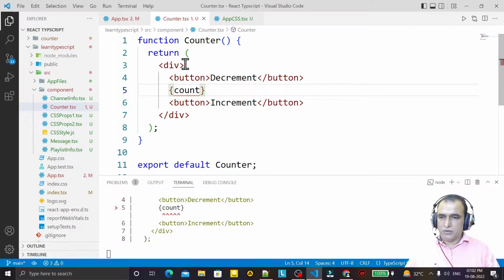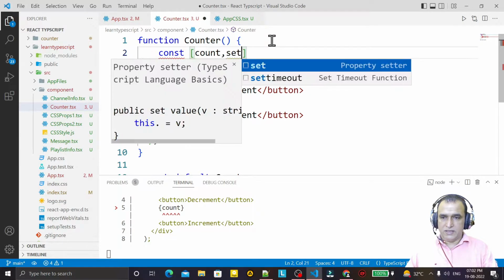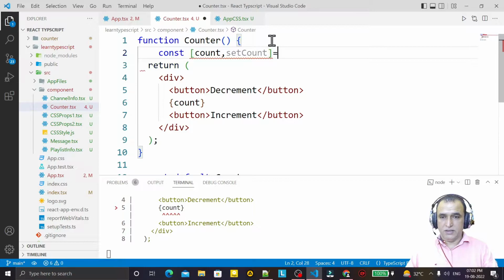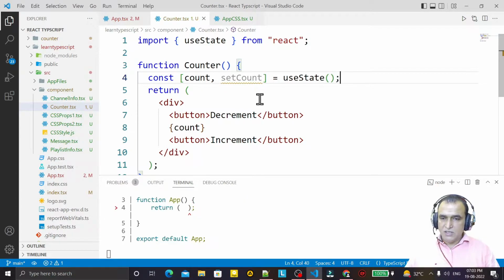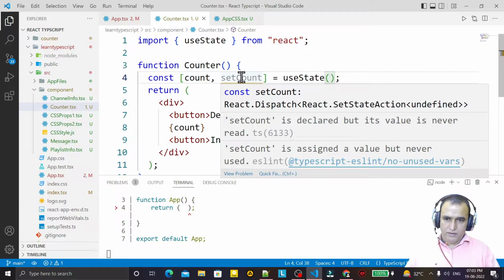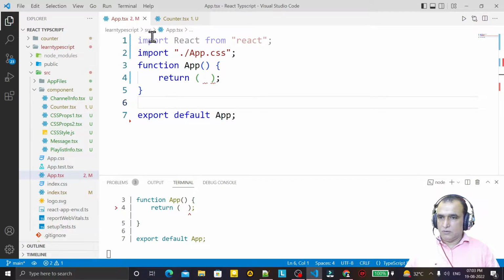So where is count? I declare it as a state variable. So I say const, and I say here count and setCount, and here I say useState, like this, and I save this. Remember that here I am not specifying any data type, and if you see that, it is undefined. That is called implicit data type in useState, and I just call this in App also, so that we just